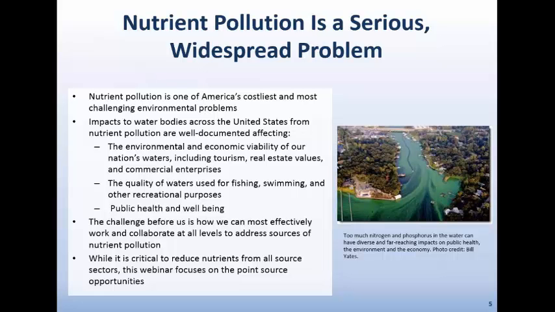So the challenge before us is how we can most effectively work and collaborate at all levels to address sources of nutrient pollution. And EPA is working very closely with the states to develop nutrient reduction plans for each state that look at, prioritize their sources of nutrients and also where those nutrients are going and how they can be controlled, and sort of work in a sequential way. So this webinar is going to focus on the point source opportunities from treatment plants to reduce nitrogen and phosphorus